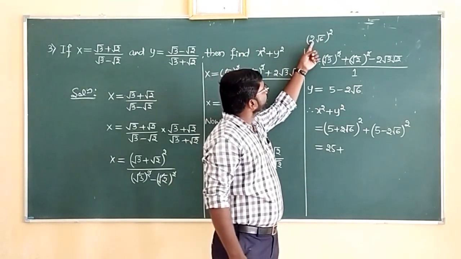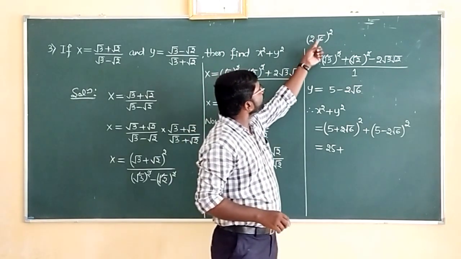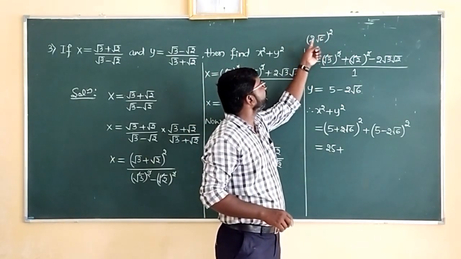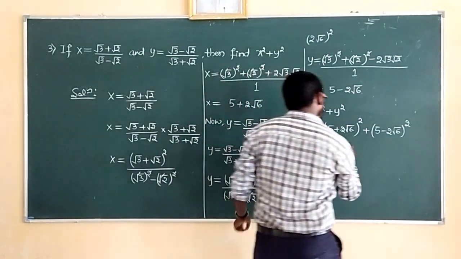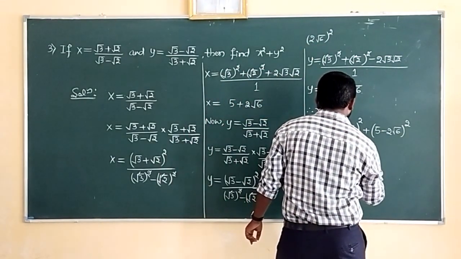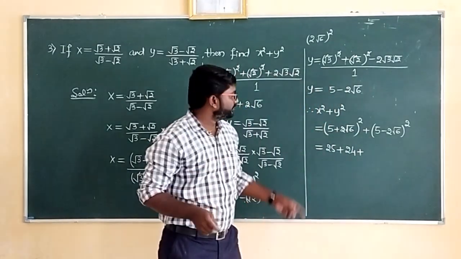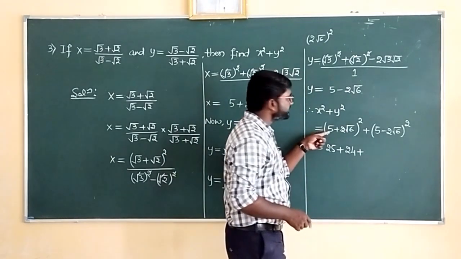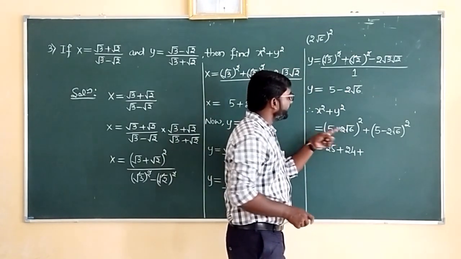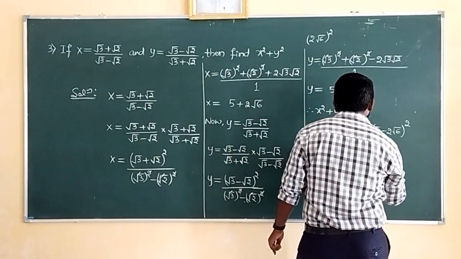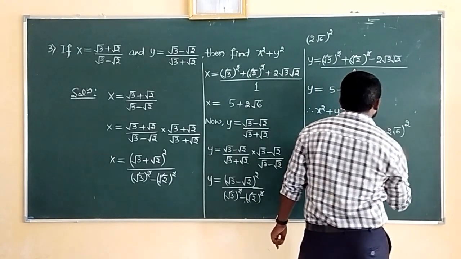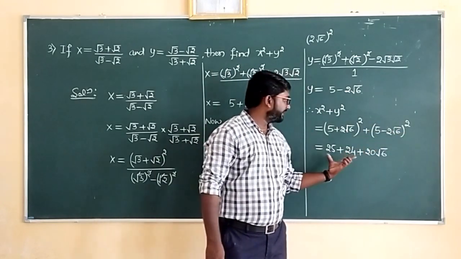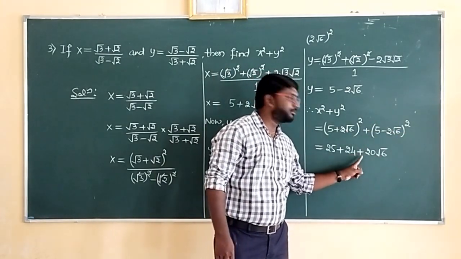The square applies to the first term as well as to the second term. So here 2 square will be 4 and root 6 square, square and root get cancelled. We have only 6. So 6 into 4 it is 24. Plus 2ab. So 2 into 5 into this term. So 2 into 5 it is 10. 10 into 2 it is 20. So 20 times root 6. So this is a minus b the whole square. We get the same term, but here we get minus sign.